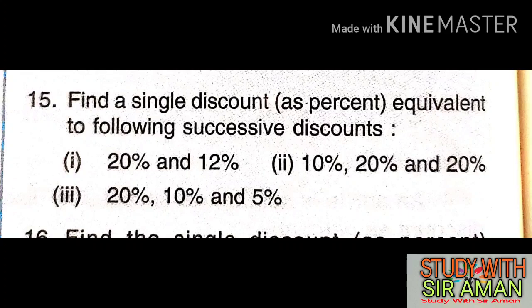There are 2 methods. First method I have done. Second method you will do by yourself. First method is by using a formula. Question you have to understand nicely. There are 2 discounts, 20% and 12%, but we have to take only one discount which is equivalent to these 2. It does not mean that 20 plus 12 is equal to 32%. No, 32% is not our answer. How we will do this? See,